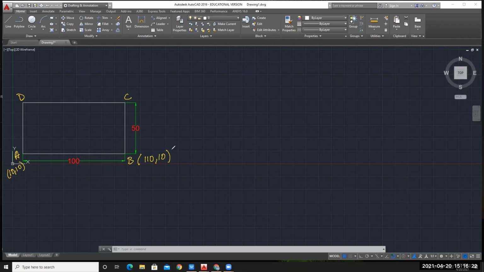Now, when I am saying relative coordinate system, so let me draw another rectangle. Okay, and I will give the name to the corners as A, B, C and D. So here relative, I will write the names also.